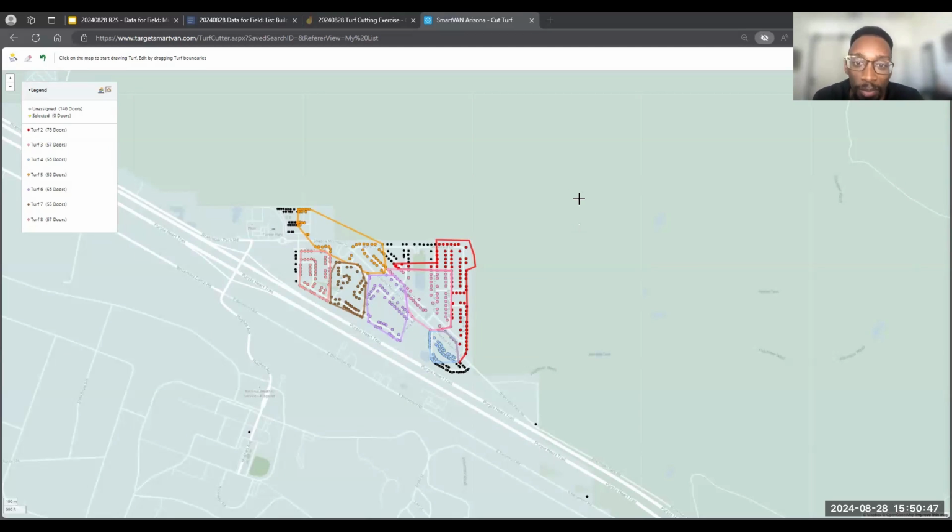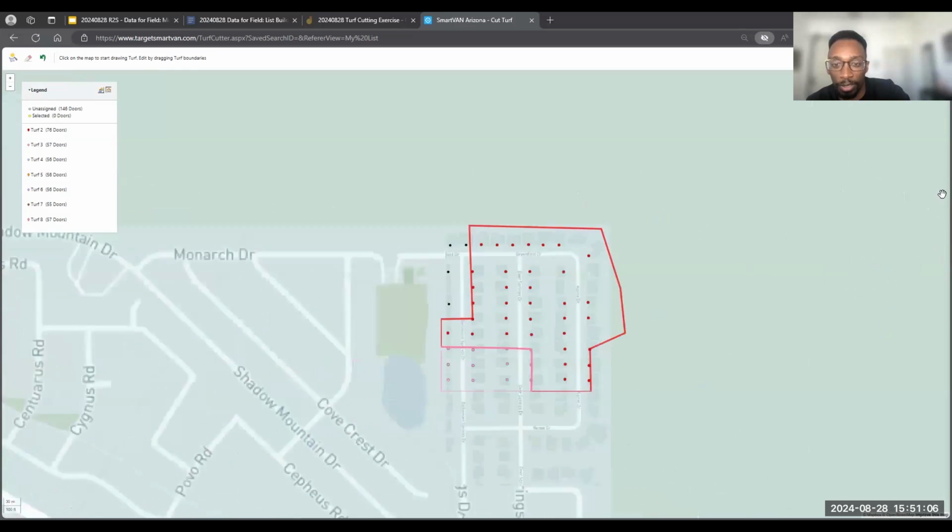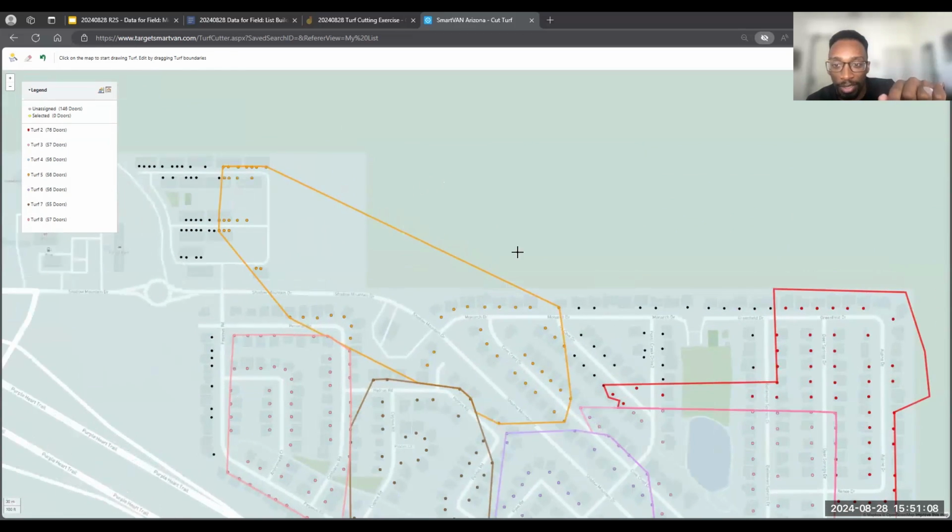So maybe I'll utilize the auto cut to give me an idea of what it could look like, and then erase it and do it myself. And say, okay, I want each one to be around 50 doors, but it can't be wonky. So if we zoom in on the orange turf real quick, so that's one turf. On the ground, if you give canvassers this, they're not going to like you because